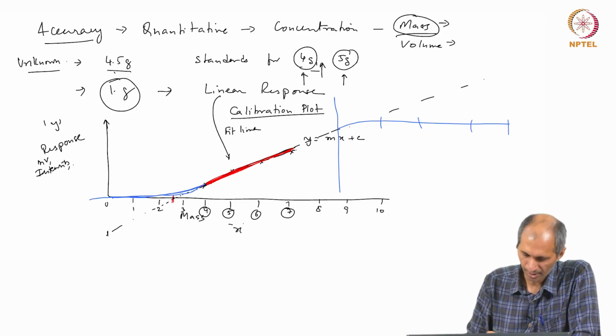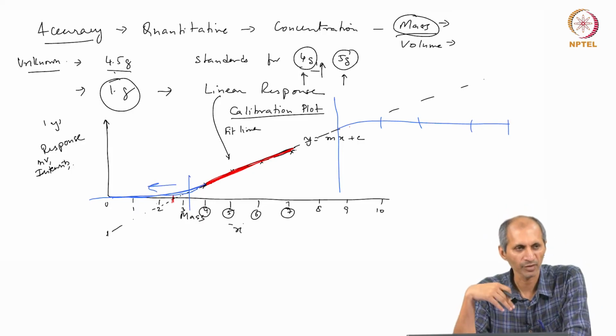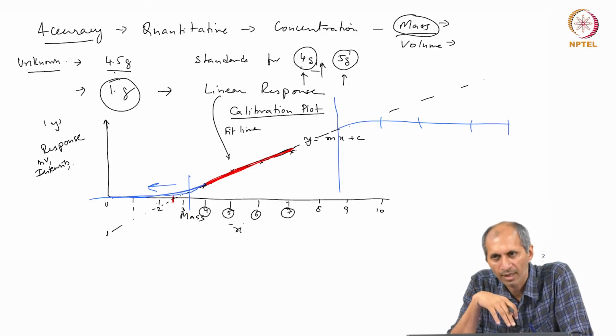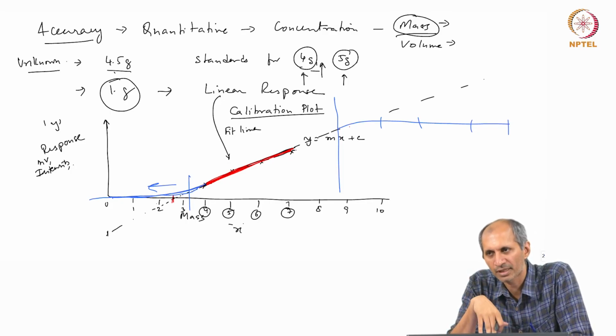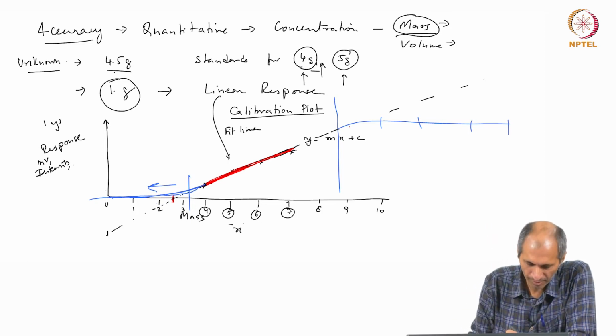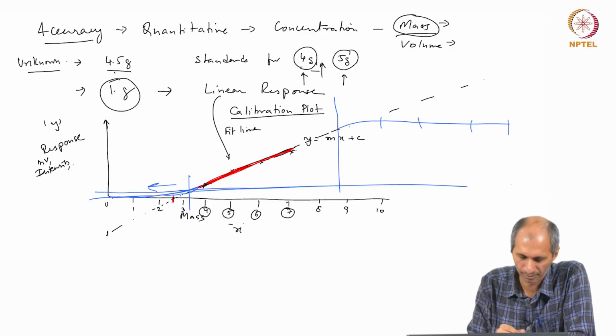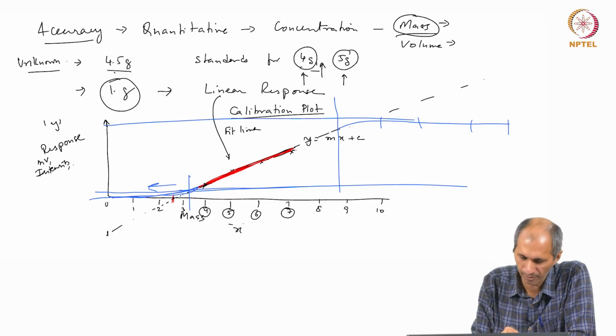So, I cannot trust this. And here it is non-linear, beyond this point also I cannot trust it because it is very close to its 0, and because of the reasons we talked about yesterday I cannot really trust that because it may be very close to the noise value. Okay. So, there may be a response above which you can trust it. So, there is a range in which this instrument will work